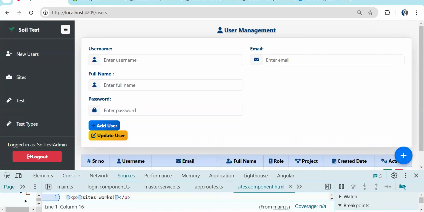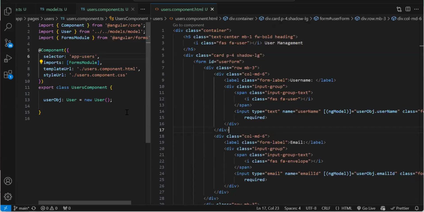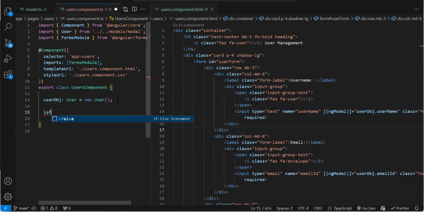Now we will just show that on click of it, this should be visible. So for that, now we are working on Angular 19. So from Angular 17, we got signal. So let's use some of that. Instead of normally creating a variable and using that, let's use that. So what I need, I just need to store a value inside a signal, like is form visible or not. So is new form visible,